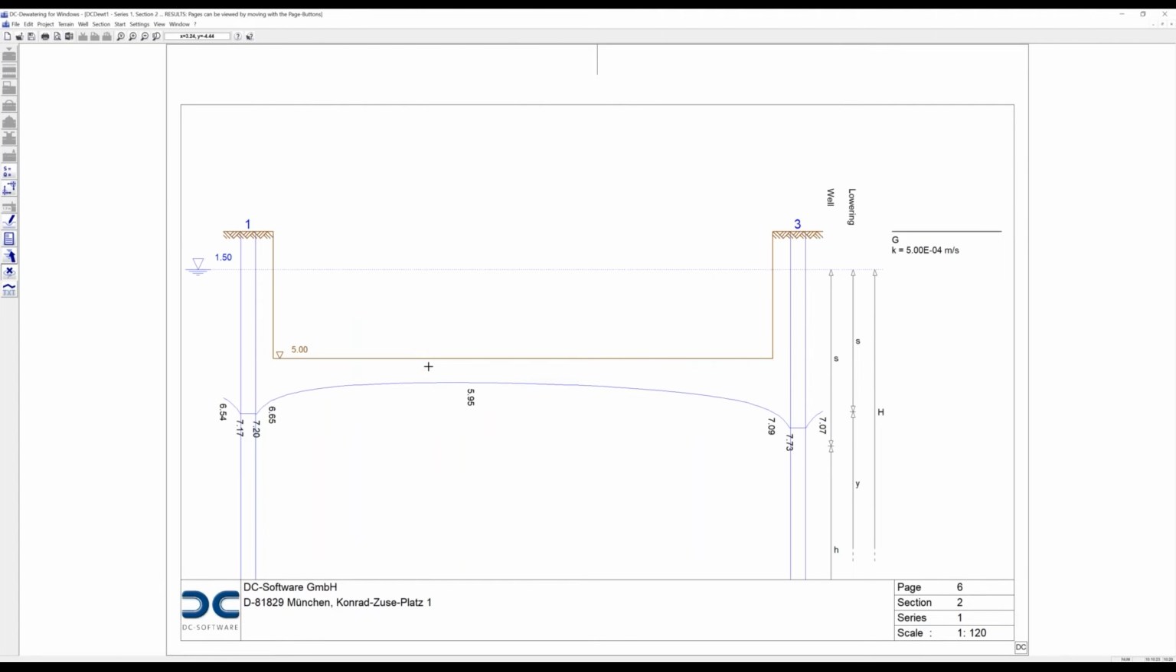And where we go through the wells, we can see the water level in the wells and the range between. So again, we have more than 5.50 meter. So this dewatering is fine for our foundation pit. We have detailed results as well. If we go to the results here,